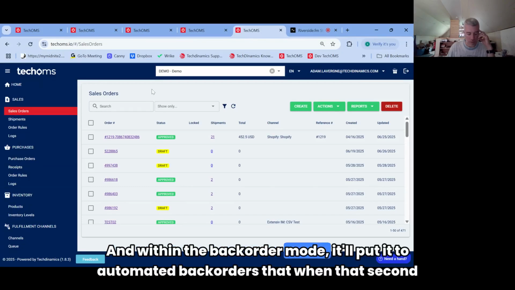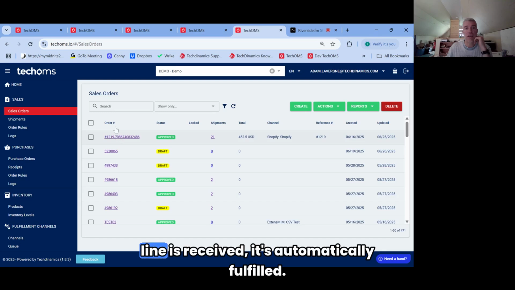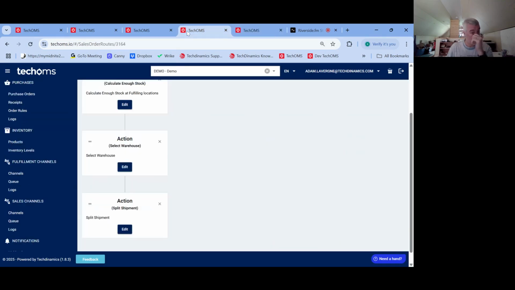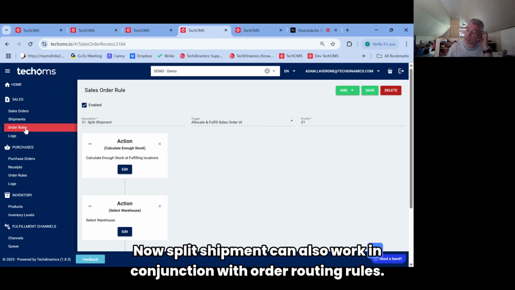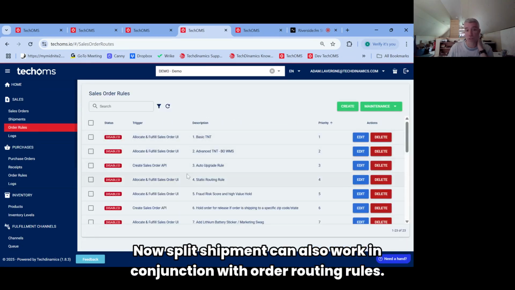Within the backorder mode, it'll put it to automated backorders, so that when that second line is received, it's automatically fulfilled. So again, from your order rule, you can create that rule for split shipment. Now, split shipment can also work in conjunction with order routing rules. For example,